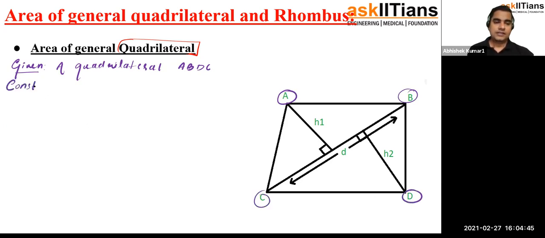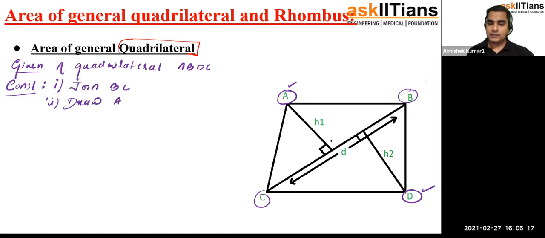And what is that construction? You need to draw 2 altitudes. One altitude will be drawn from vertex A to the diagonal BC, and the other altitude will be drawn from vertex D to the diagonal BC. So first, what is the construction that we need to do? We need to do 2 constructions. One is you need to join BC. Any one diagonal will work. And the other construction is you need to draw